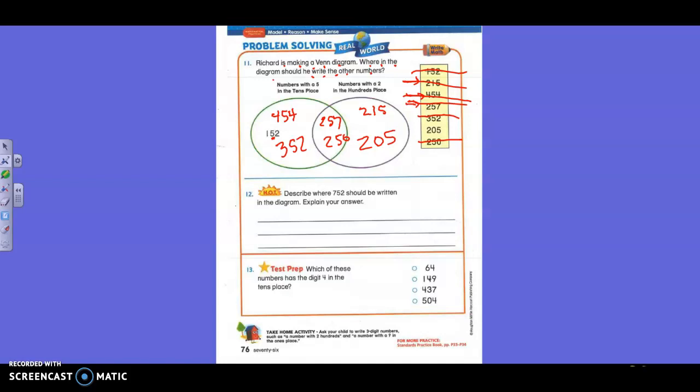Now, number 12. Describe where 752 would be written in the diagram. Would it be in the green circle, the purple circle, or the middle circle? Explain your answer. 752. What circle would it go in? Everybody says green? Okay. 752